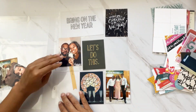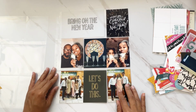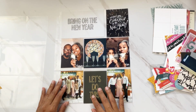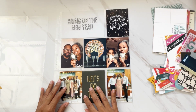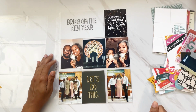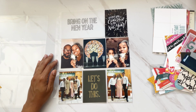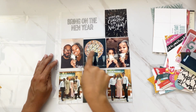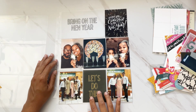So I did that and rearranged it, and I think that worked out for the best. It's very picture heavy. I'm still thinking there's no space for your eye to rest. I think that's what I'm looking for. And I really love this. So I really wanted to include that. I love these pictures, these selfies, and I really love this kind of bringing,